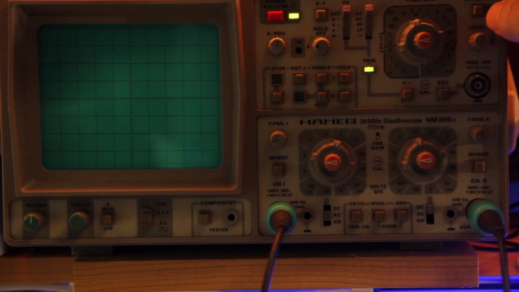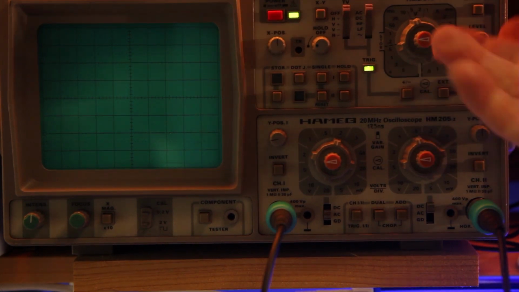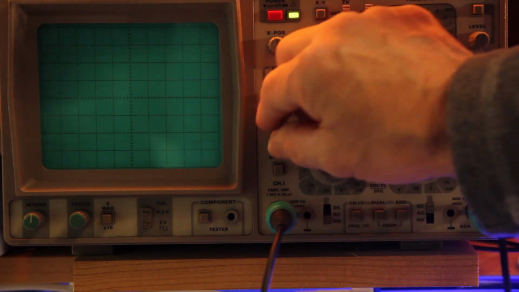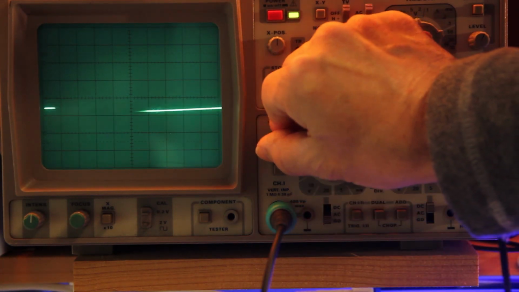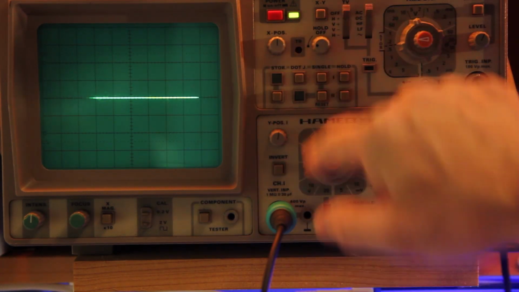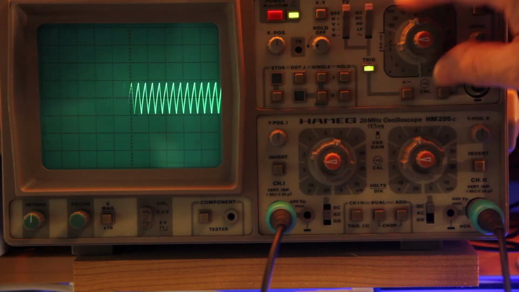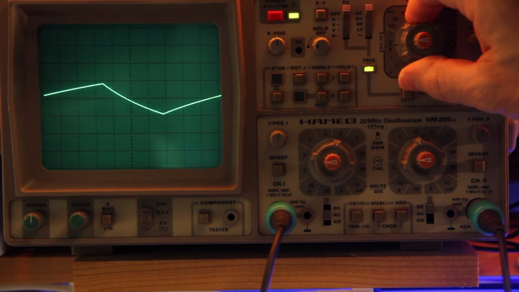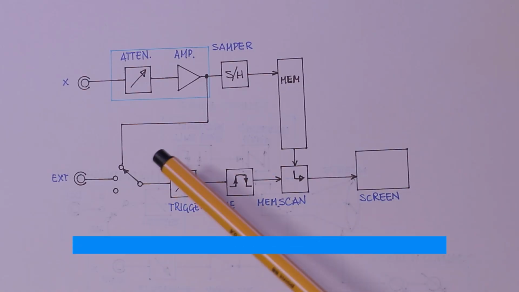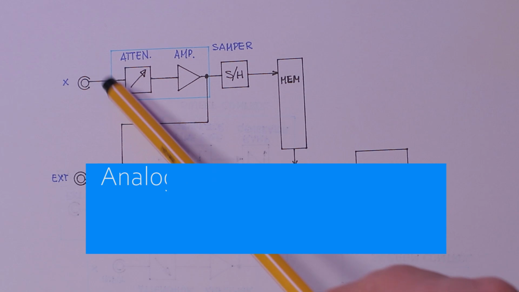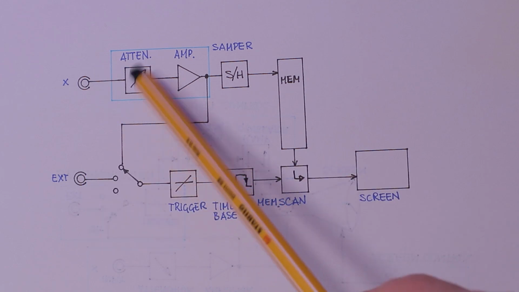It seems that it's triggering even at normal, even at automatic, but you see nothing. Put this to GND, and voila, the trace was off the screen. So adjust the position of the trace, and the signal appears here. On a digital oscilloscope, the only part that is similar to the analog oscilloscope is the attenuator and